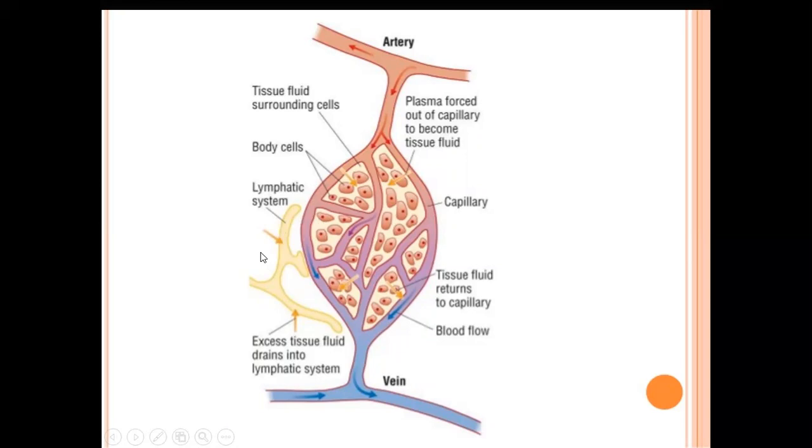Lymphatic capillaries are blind-ended, more irregular, and have a wider caliber than the adjacent capillaries. Lymph from most of the tissue is clear and colorless, while lymph from the intestines is milky white in color because it is rich in fat globules, chylomicrons, and it is known as chyle. Lymph capillaries in the small intestine are also known as lacteals. So lymph in the intestine is known as chyle, and lymph capillaries are known as lacteals.